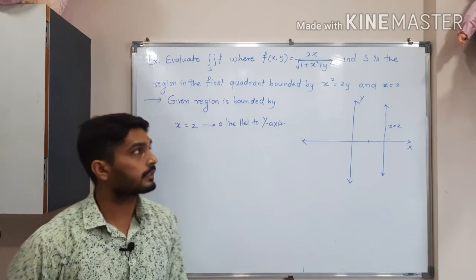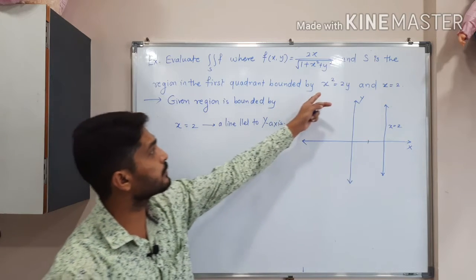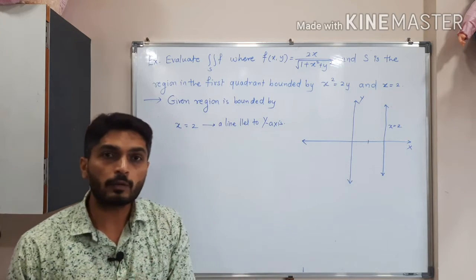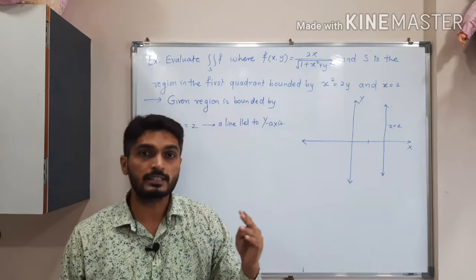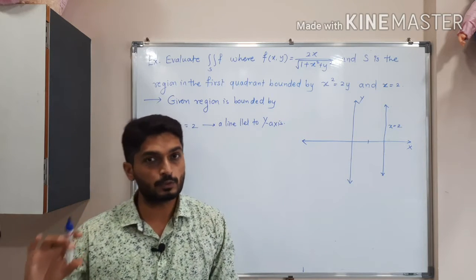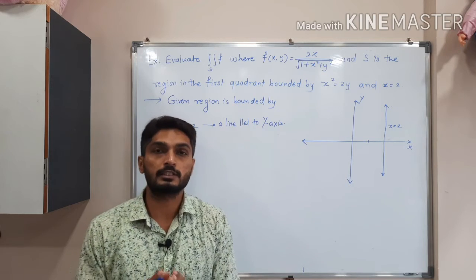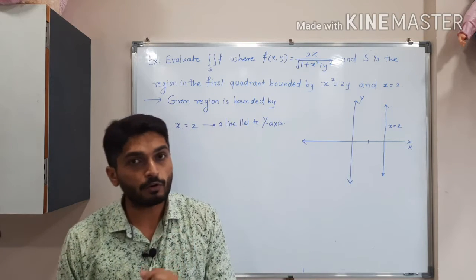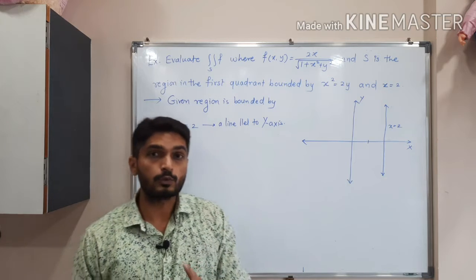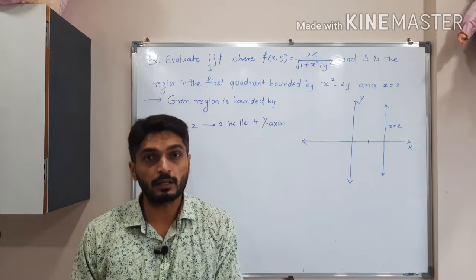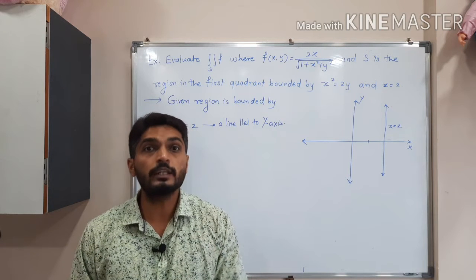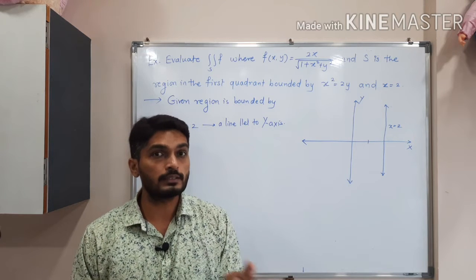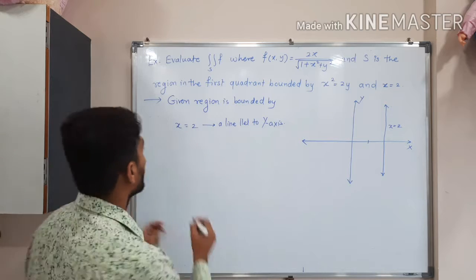So the second curve is x square is equal to 2y. So 101% it is a parabola, since power of y is 1 and power of x is 2, so power of one variable is 1 and power of the second variable is 2. That means it is a parabola. And what is power of 1? Power of y is 1. So the parabola is symmetric about the y-axis. More precisely, I will say it is symmetric about the positive y-axis, since the sign of y is positive.